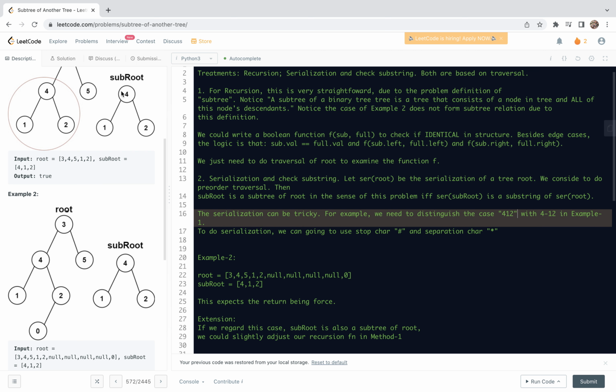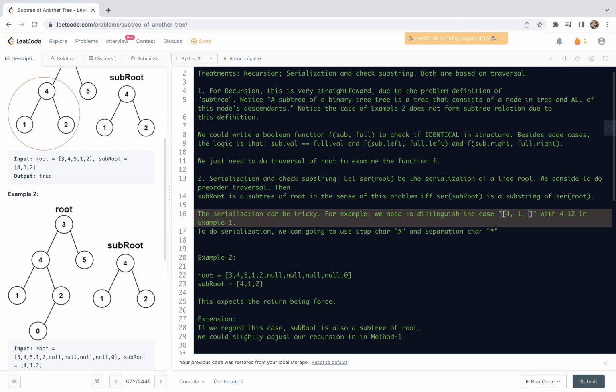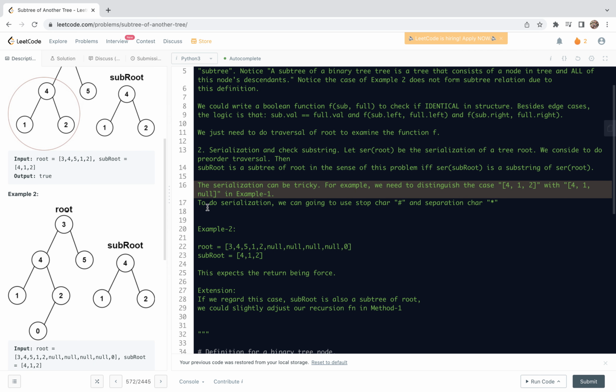However, if we have a root 4 and then only one leaf with value 12, we will have the same serialization, right? So in other words, we need to distinguish this case. One is where we have a root with two children, and the other is where we have a root with one child and then a null. So in example 1, to do serialization,